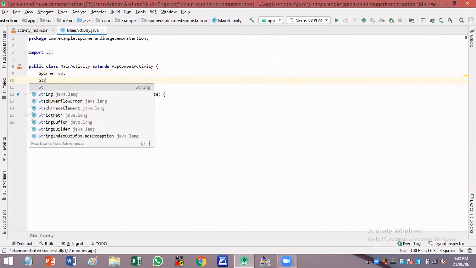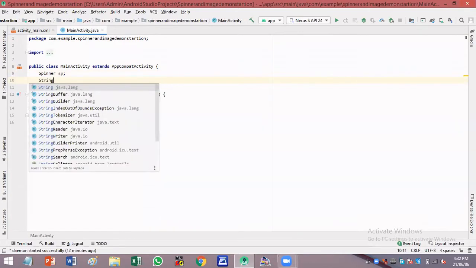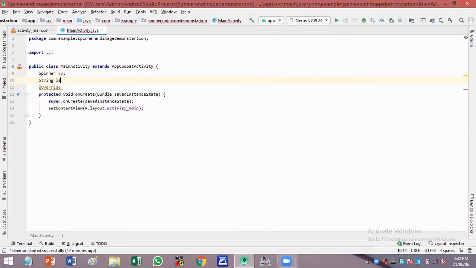Next, I'll be creating a string array called languages. Because it is an array, you have to use braces. Here I'll be storing the values that the spinner has to display for the user, a list of values that has to be displayed when the user clicks on this spinner tool.